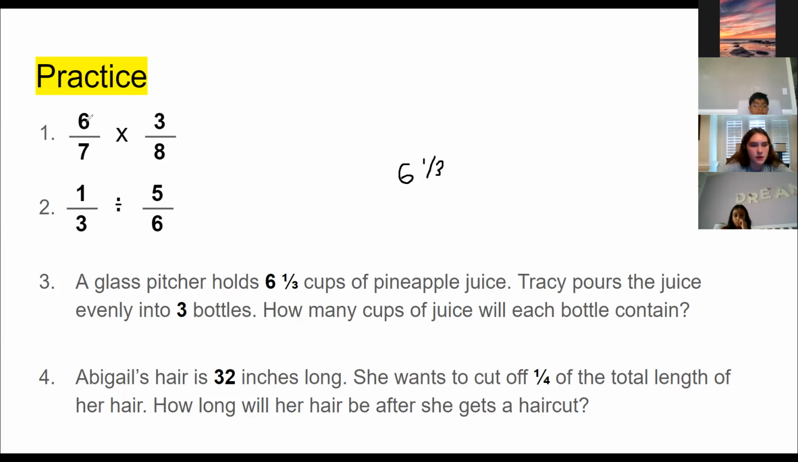Okay, so 6/7 times 3/8. 6 times 3 is 18, and 7 times 8 is 56. I think we do need to simplify this. So